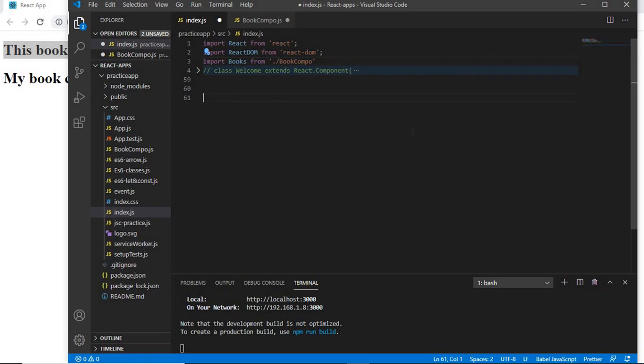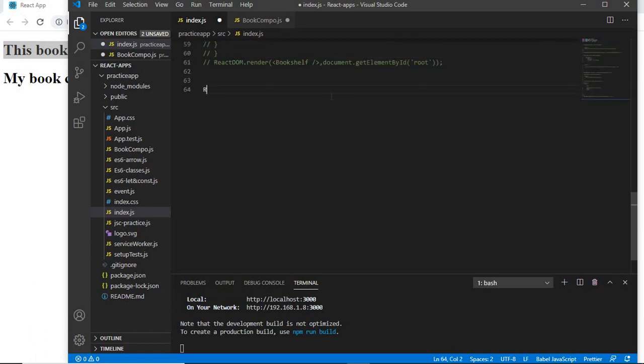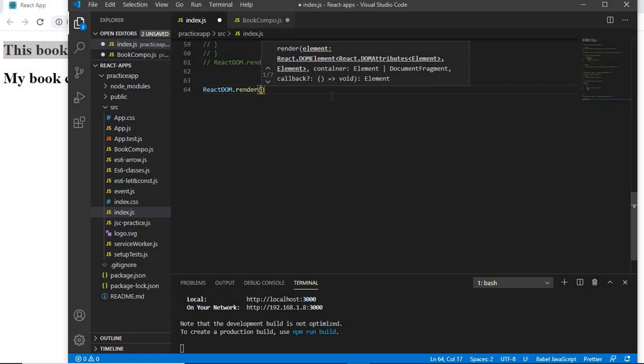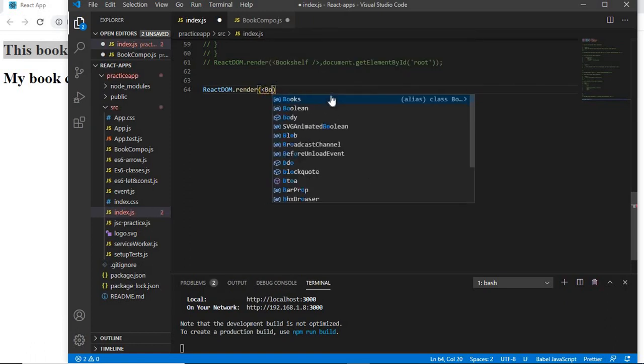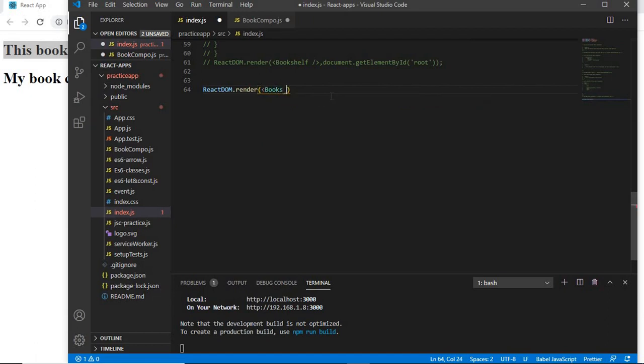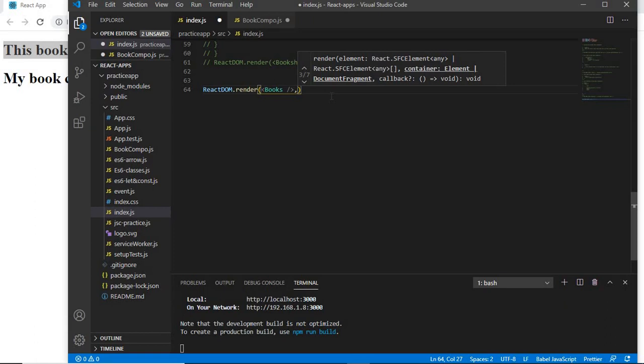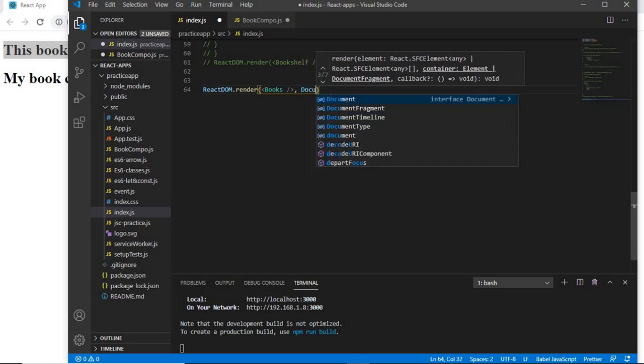Now we will be using that here. ReactDOM.render, and we will just render what we imported. That is nothing but Books. That's the component we imported, and we exported it over there. And then here we go, document,